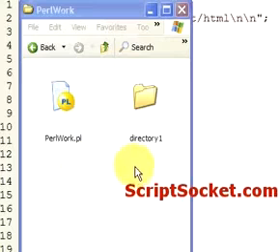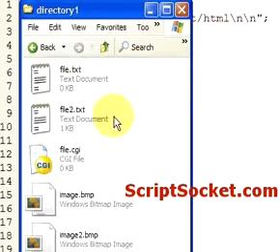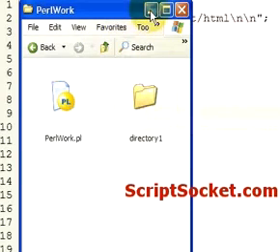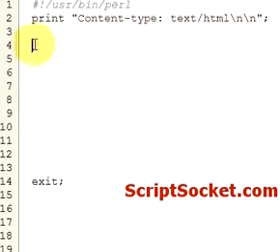Okay, so in our work directory here, we've got our script, we've got our folder, and we've got some files. Now, file test operators can retrieve information about files and directories. So the first one is we can check whether a file exists or not, or whether a directory exists. So we can simply print. Now this is the E file test operator,